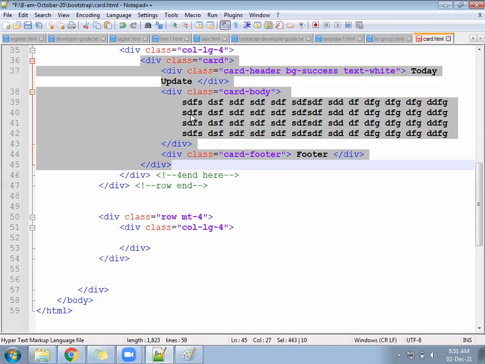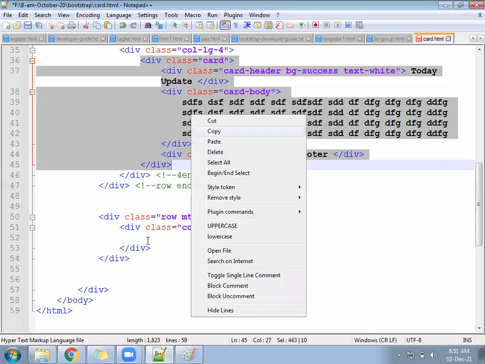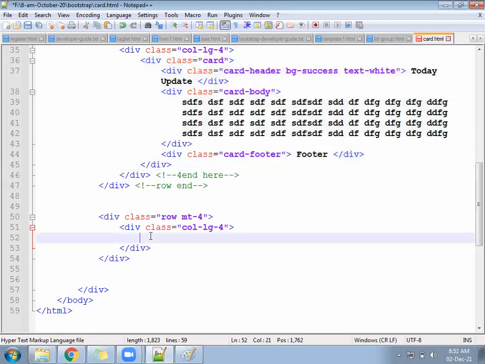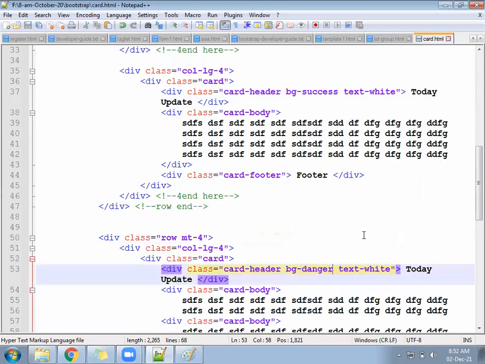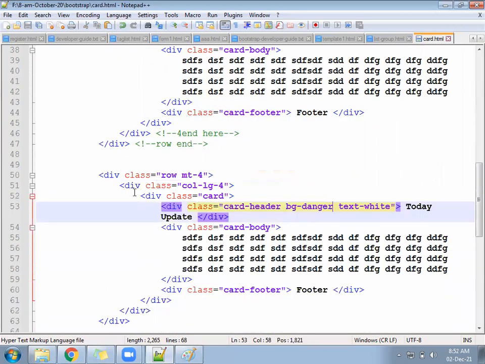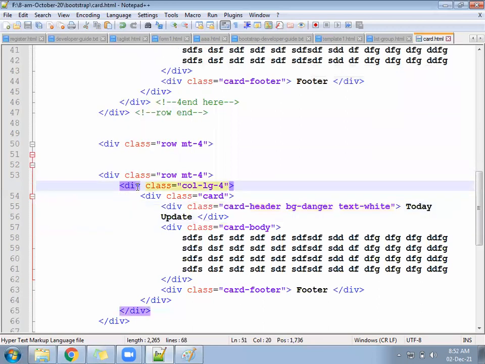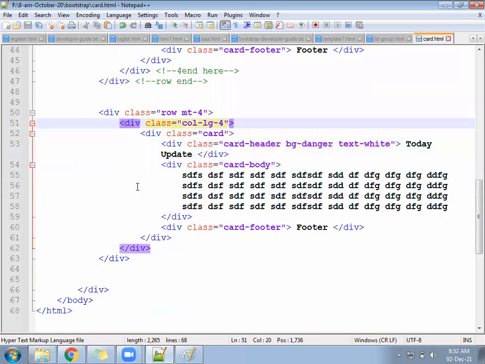Card to card we can copy. We can add here again and change the class name to something: danger. Red color will come. Then two more you can add, info and secondary. Add two more, info and secondary.